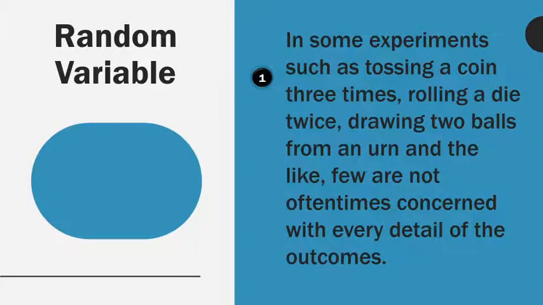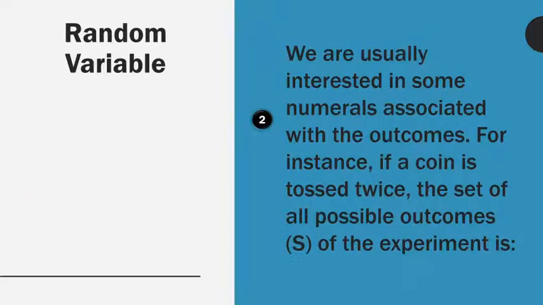In some experiments, such as tossing a coin 3 times, rolling a die twice, or drawing 2 balls from an urn, and the like, we are not often concerned with every detail of the outcomes. We are usually interested in some numerals associated with the outcomes. For instance, if a coin is tossed twice, the set of all possible outcomes S of the experiment is